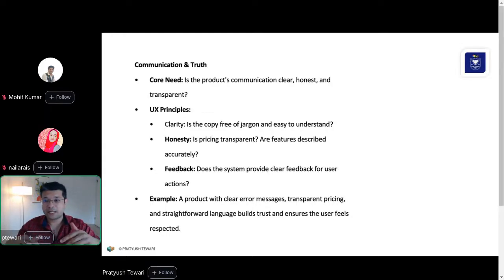As we move on to the higher levels of UX principles, we need to start building trust, and this is where UX writing and information architecture are very critical. So some UX principles you can focus on is clarity, which is: is your support documentation free of jargon? Is it easy to understand?